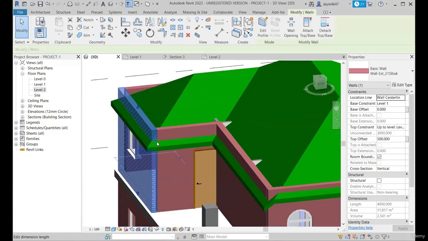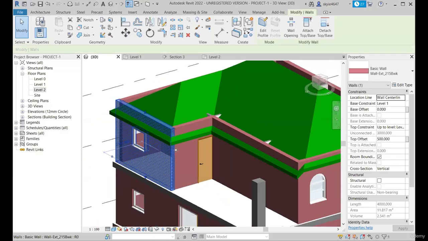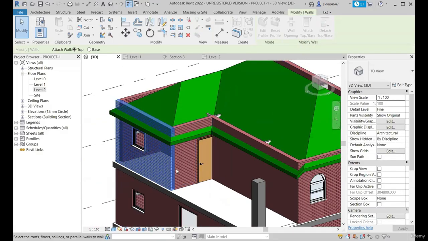Okay, so I have this wall selected. What I need to do is select the attach top tool and select the target. So my target is this roof. So I'll select the target, and as it's dealing with the top, or upper end, of the wall, I'll just check this top, and no need to check the base here as we are dealing with the top. If we were dealing with this part of the wall, in that case we would have selected the base. So as we are dealing with the upper side, we need to check the top and select the target,